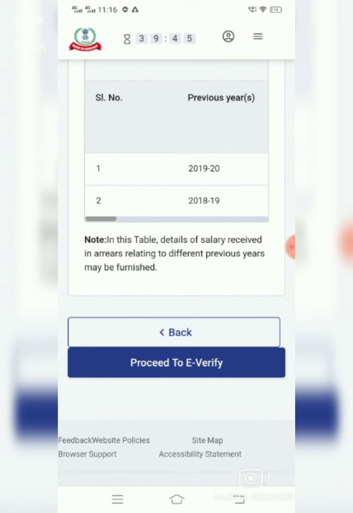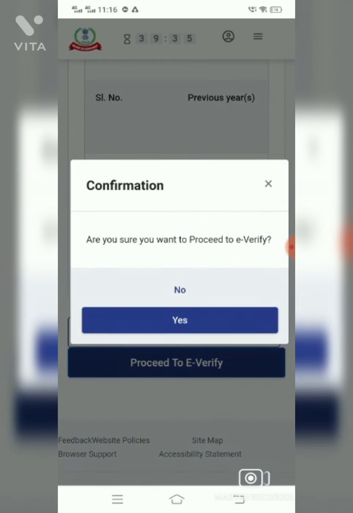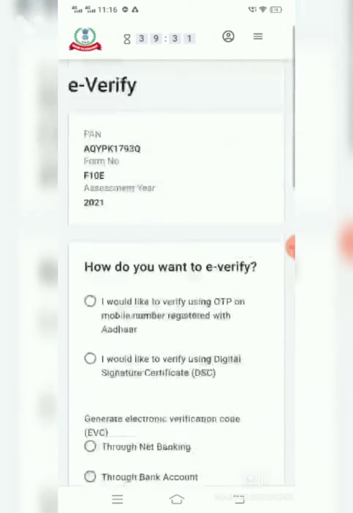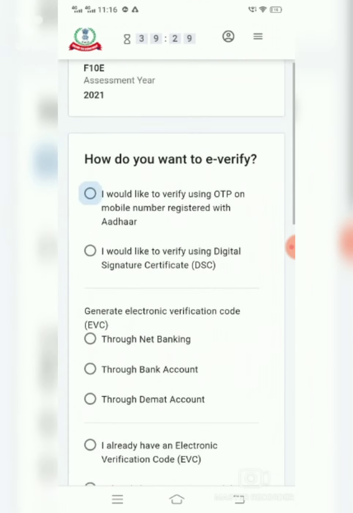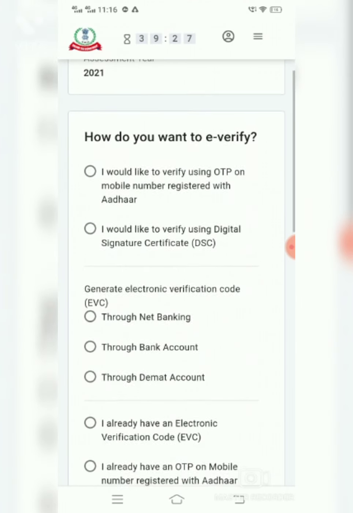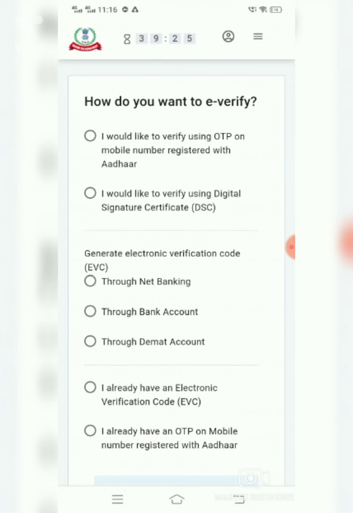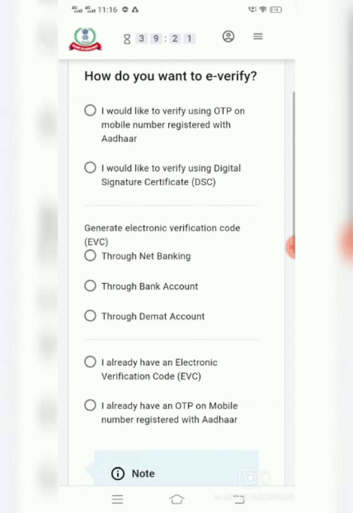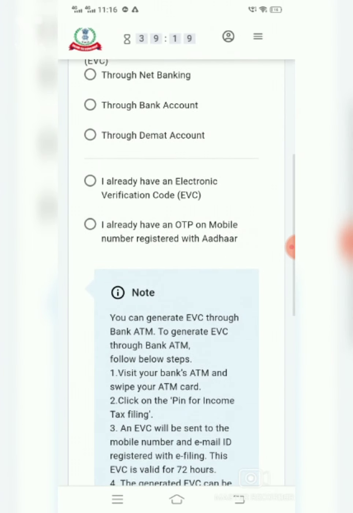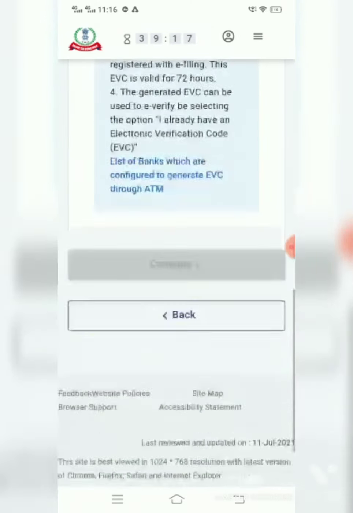Then almost we have completed. The only thing is, after filling this Form 10E, we have to e-verify it. So I'll go to e-verify. For e-verify we have the option to verify using OTP, mobile number registered with Aadhaar, and many other options.